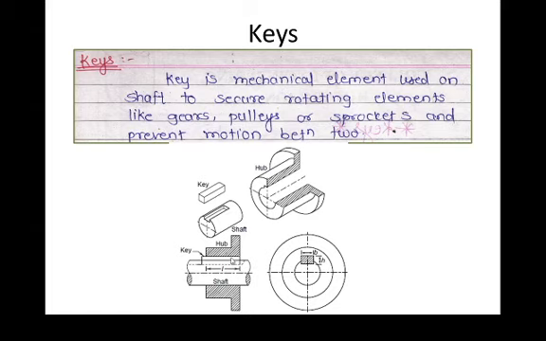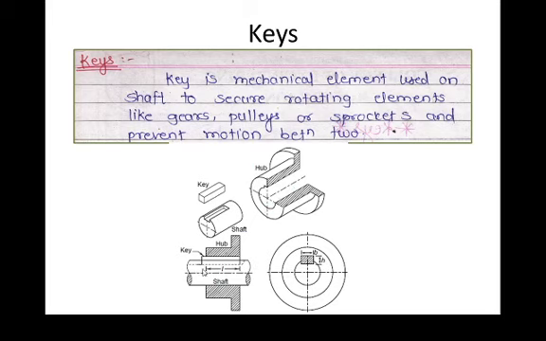Take this example of the shaft and hub as shown in the slide. This shaft will be inserted in the hub. Power will be transferred from the shaft to the hub. For easy assembly and dismantling, we'll insert the shaft and we'll insert the key, so that a permanent arrangement will be available and no relative motion will be available between shaft and hub. It will be easily avoided.